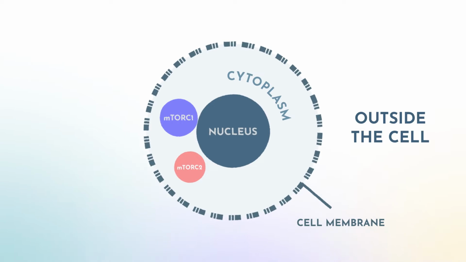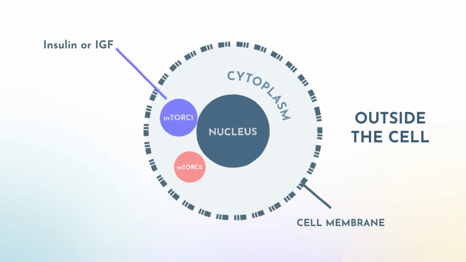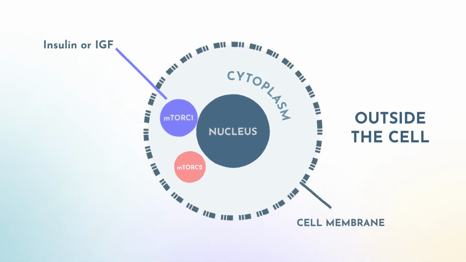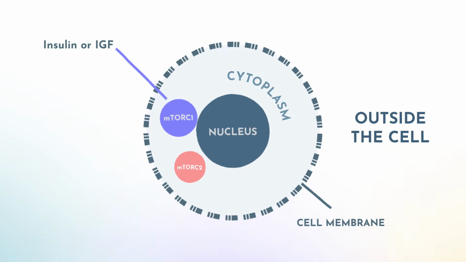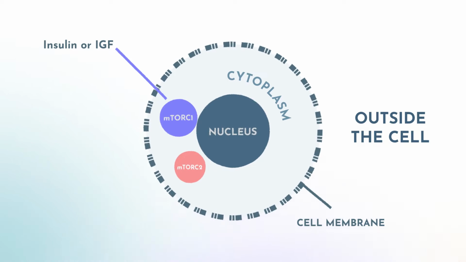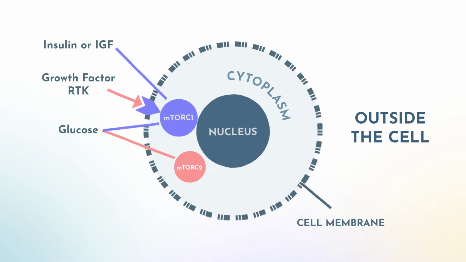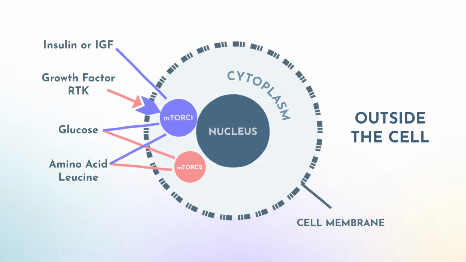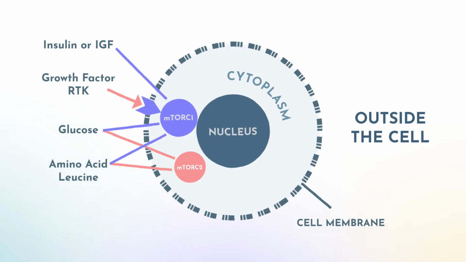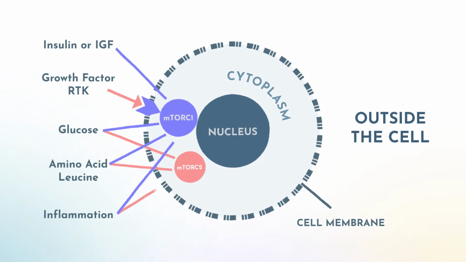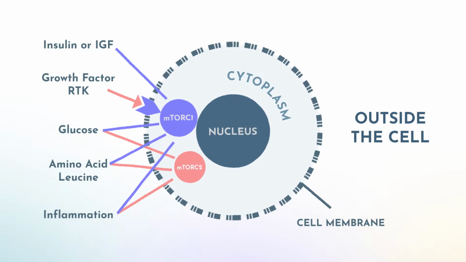So we've got things like insulin or insulin-like growth factor, right? That's telling the body we've got resources, let's go build things. So that's going to push on the mTOR pathway. Growth factors, glucose. In particular, the amino acid leucine is a big trigger for mTOR production, and inflammation can trigger mTOR production. So all of these things are going to be contributing factors to acne.